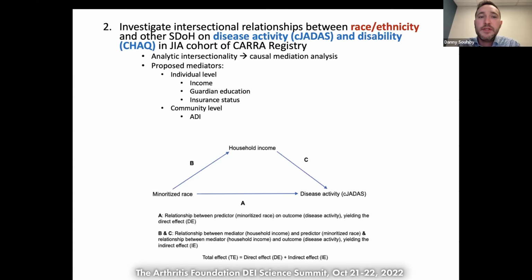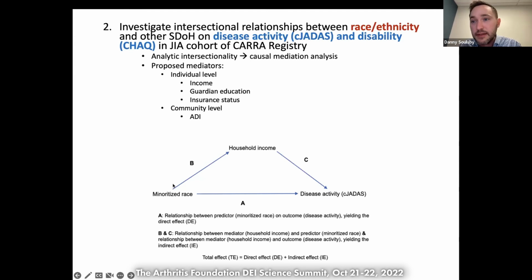So we are proposing using something called causal mediation analysis to understand and separate what would be the direct effect of a primary predictor in our project, that would be race, on our outcome, which just in this schematic I put as disease activity, though we have a couple of outcomes,